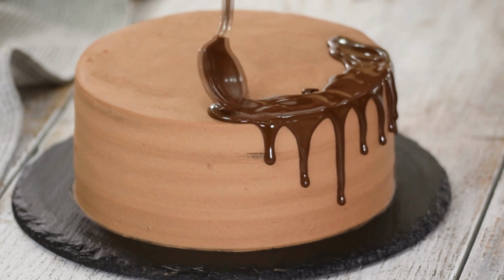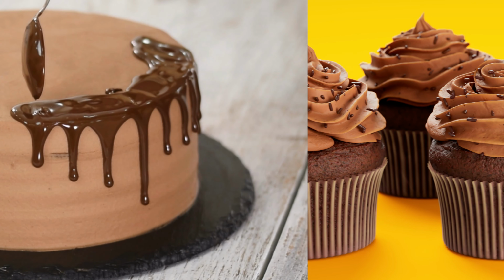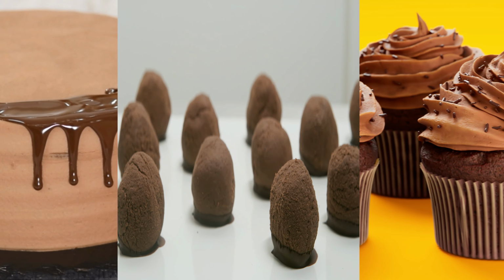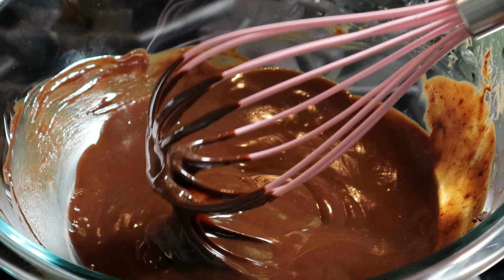And that's it! Whether adding perfect drips to your cakes, frosting cupcakes, or even making truffles, this ganache recipe hack is perfect for a moment's notice making. I hope you enjoyed my